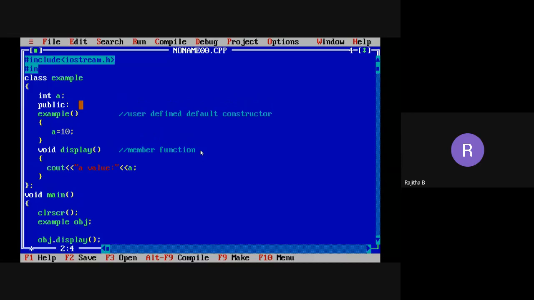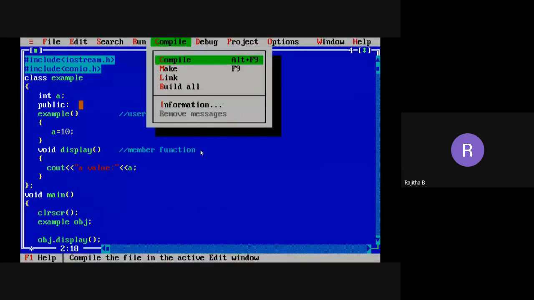What is the header file for clrscr, clear screen? Yes, conio.h. Good, Tarun and Bharadwaj Soumyasri.